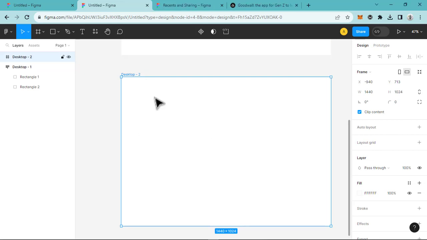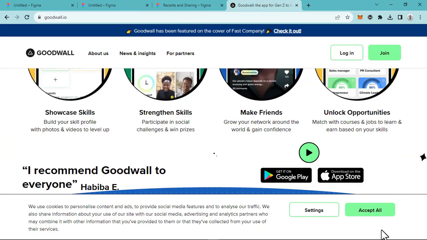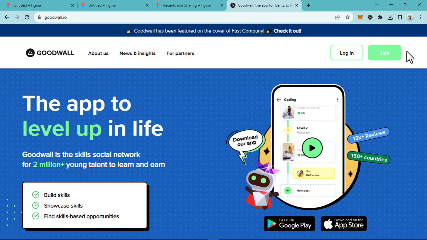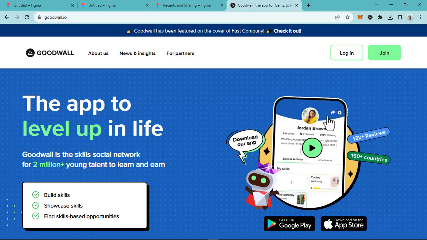Okay, so let's say this is our desktop we just created. It's always good to add layout grid to it. What the layout grid does is it helps you for responsive design. Understand? For you to be able to place your cards in a responsive way, in a way that you can break your design from web, desktop view, tablet view, and maybe mobile view. For example, this website, let me just check whether it's responsive. I believe it should be. Click on inspect, and